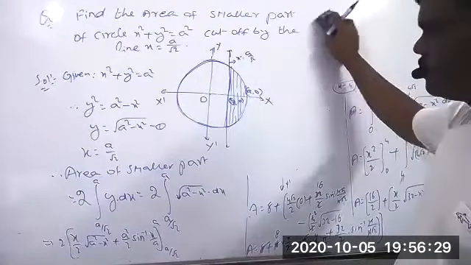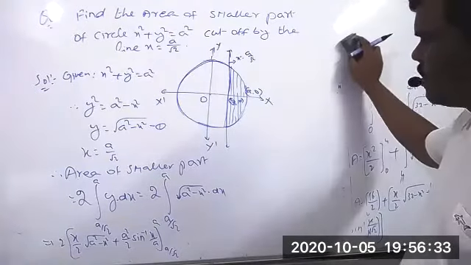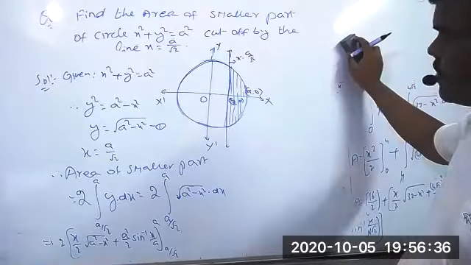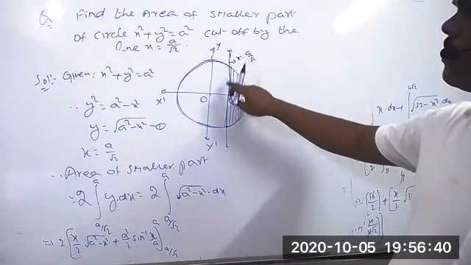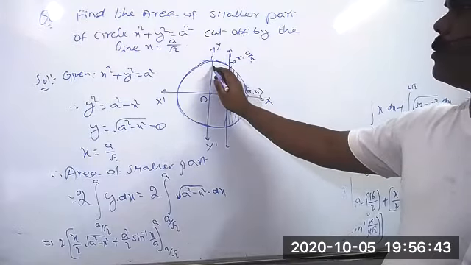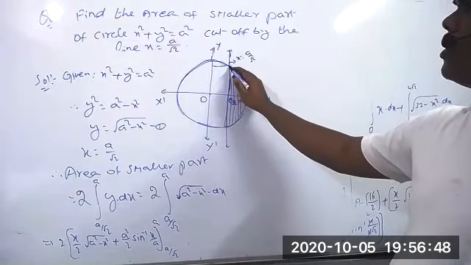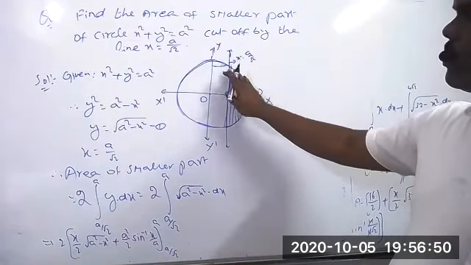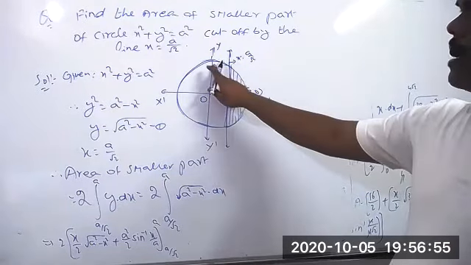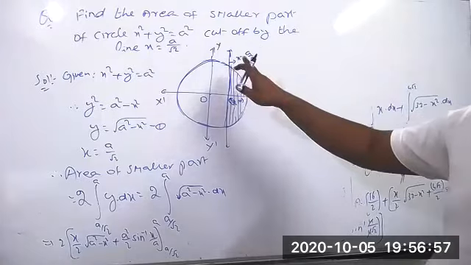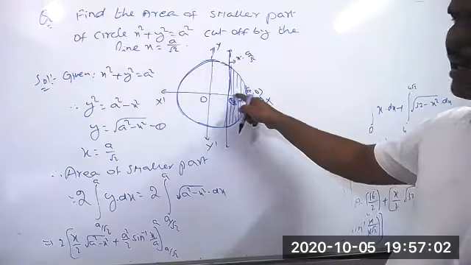Sir, can I even find x dy with the same limits? If we require those limits, then we have to find the intersection point of these two, and the area of the whole thing minus that has to be subtracted. So this is difficult. If we take x into dy, we get difficulty in finding the limits. This is what we are getting directly.